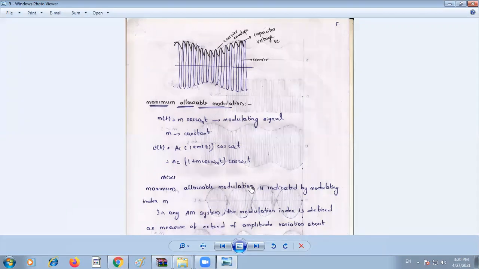For that discharging, the discharging path is through the resistor. That's why the resistor and capacitor give the time constant value, that is tau. So that is the time difference between the two positive peaks. So that is the time constant. Now the output across the capacitor gives this waveform, which is a pulsating waveform. Now this is passed through a filter again, and the smooth waveform is observed.